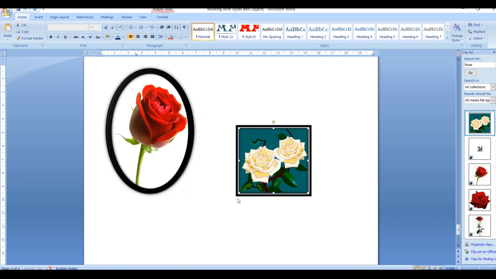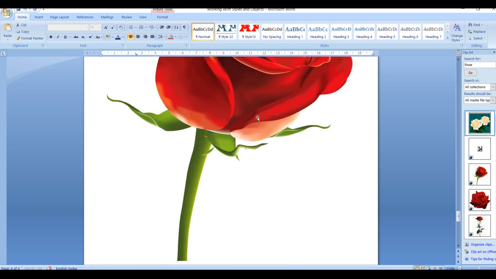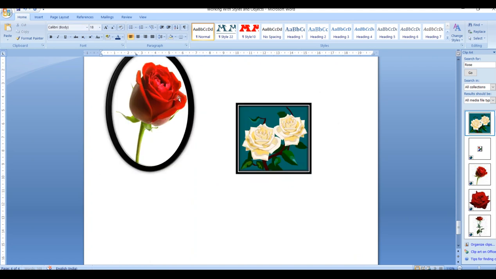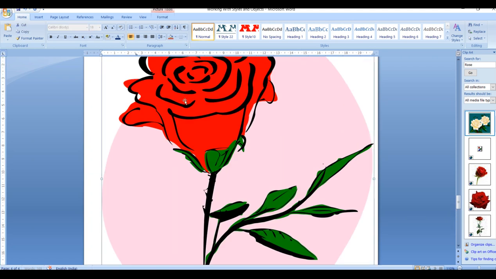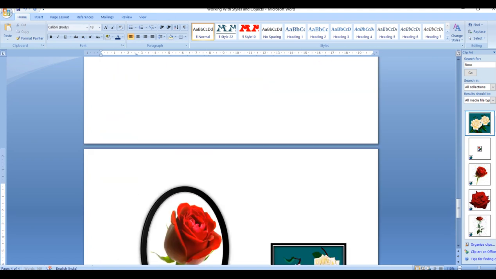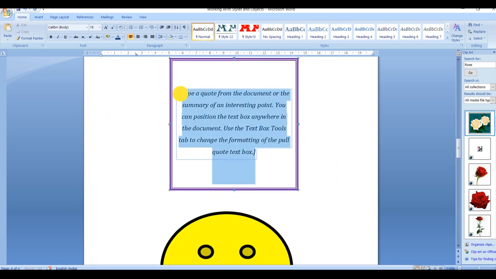Okay, understood students how to add a clip art? It's quite easy to add a clip art. Now there are some symbols which are not available on our screen. I want those symbols in my text box. Now suppose I want to add any symbol like an olden type of phone. So how will I do it? I want that special kind of symbol.